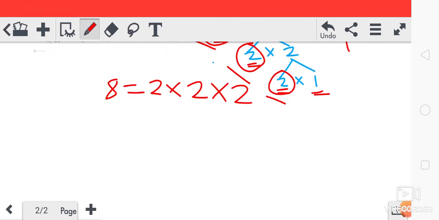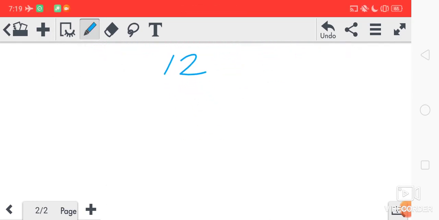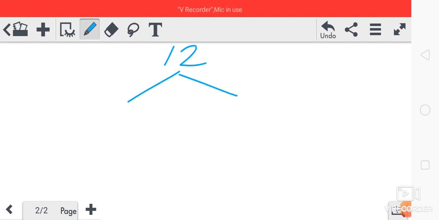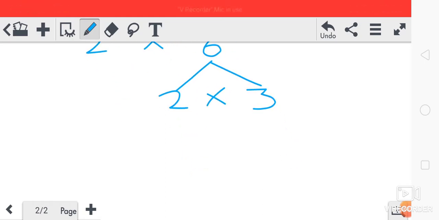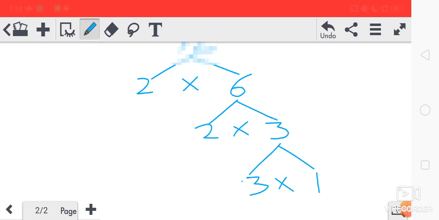Now if I ask you, write the factor tree of 12. Okay, factor tree of 12. Then how will we write the factor tree of 12? So 12. We'll start from the smaller one. We'll not start from 1. The smallest factor is 2. So we'll write 2 into how much? 2 6s are 12. Okay. Then this 6 has factors 2 into 3. 2 3s are 6. Okay. Then this one, 3. 3 1s are 3. Now all the left part.